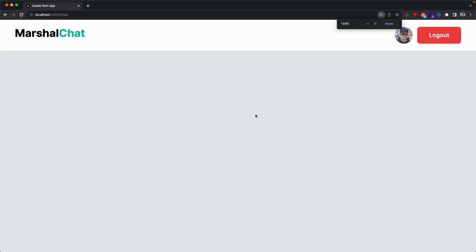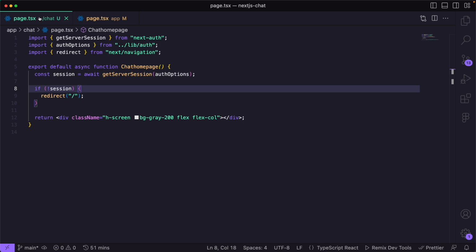Let me zoom out a bit again. So we have this gray background and the nav bar on top. So now we have two options. We could first of all create this whole chat UI, so we see these message bubbles, or we could create on the bottom a form element, an input, where the user can submit a message. And I think we will start off with the form, since I think it will be much easier than to hook up this whole chat UI. So to do that, we will actually have to create a component for that,